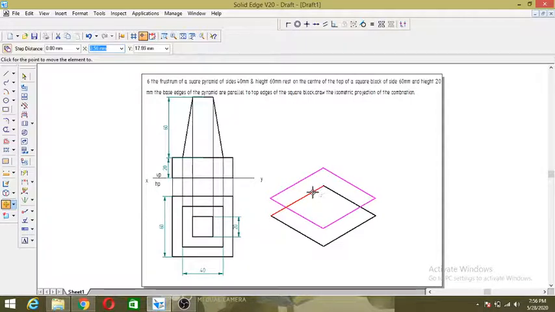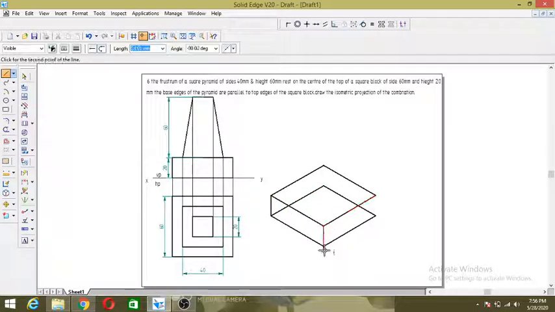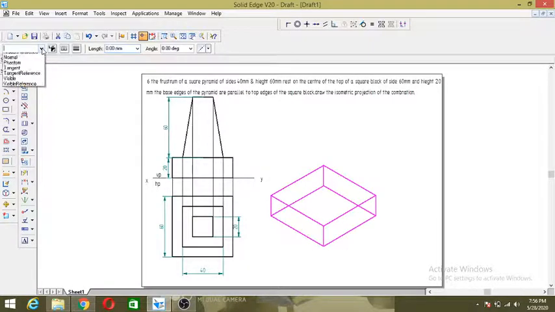In the y direction you have to move 20, in x direction 0, so x direction 0 I entered, again 20 in y. Turn on the copy command, don't forget that also, then join this.